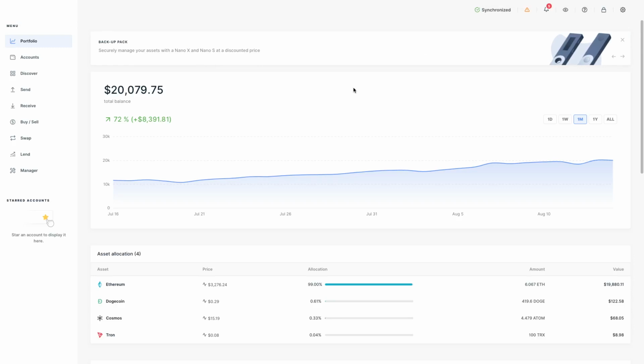So in this video I'm going to show you how you can start staking your Ethereum on your Ledger, directly on your Nano Ledger, through a service called Lido. We've got the ability to do that from within your Ledger Nano wallet, and I'm going to show you how you can do that. So if you go to your Ledger Live on your desktop and click on Discover,